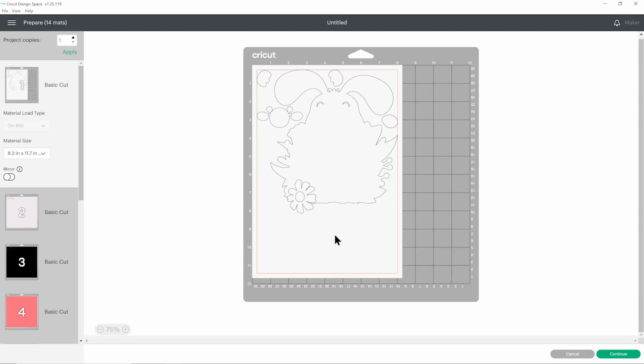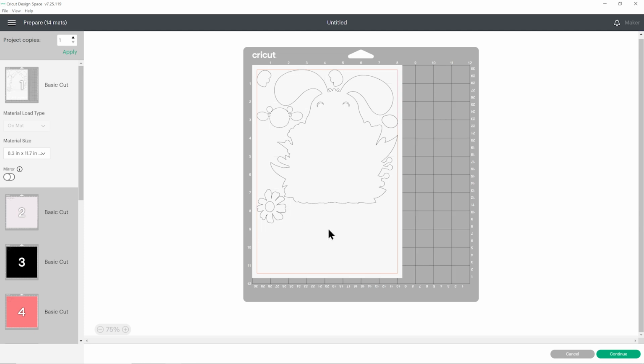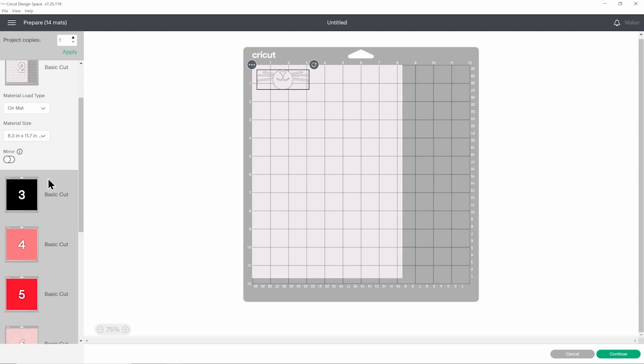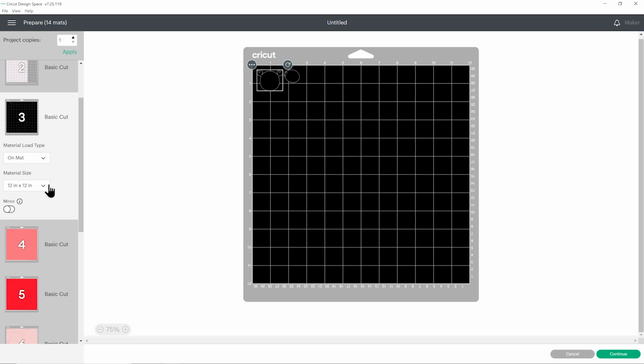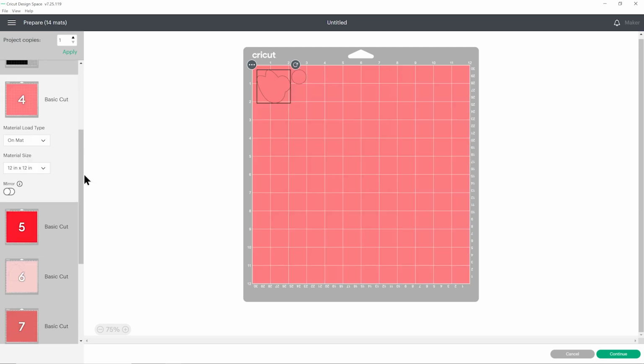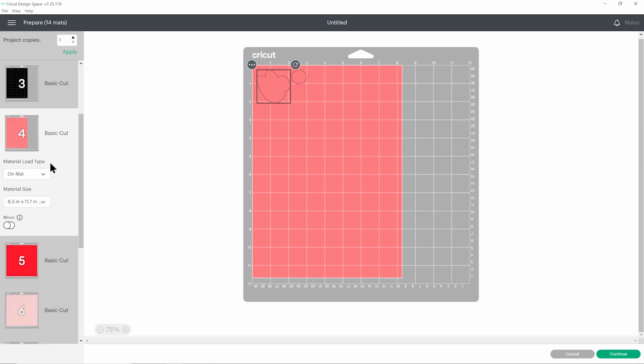So for example, I wouldn't want to do that because then it's not going to cut out properly because the flower is going to cut itself out from the bunny shape. You do need to do that for every single colour, so I'm going to go through and work through them all. This is a great design for using up your scraps of cardstock because a lot of the colours, as you can see, only need a teeny tiny amount. So I'm definitely going to be going through my scrap folder and using up some of those pieces.